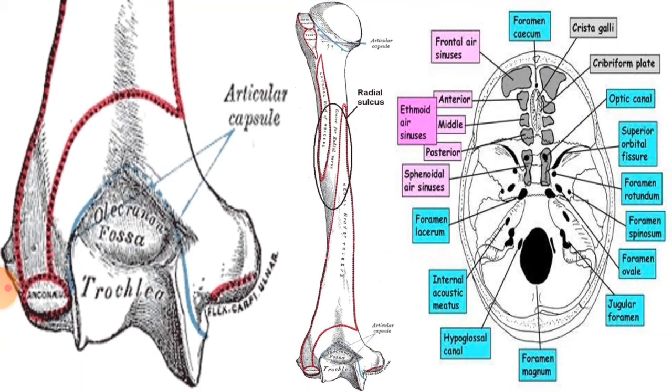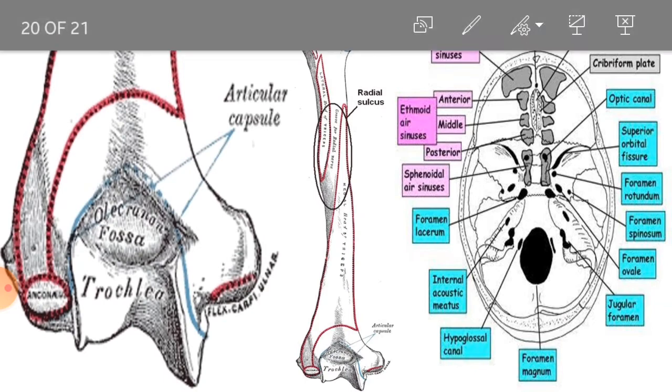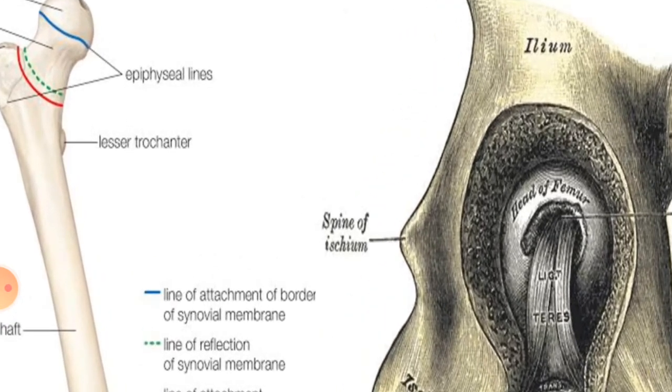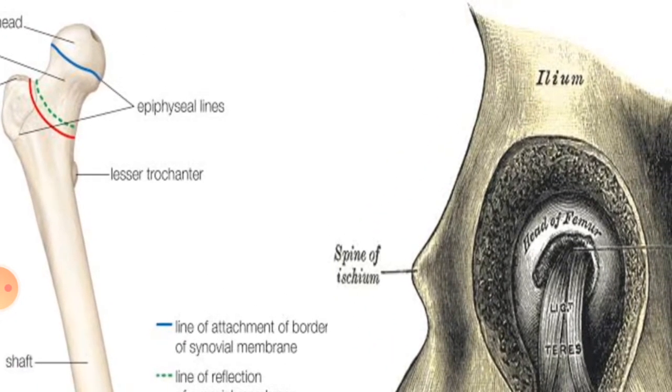Okay, next come the depressions. Pit or fovea, this is the first classification, and pit or fovea is basically a small and shallow depression. For example, in the head of femur. I have placed images of the head of the humerus from different views here, so that it gets easier for you to remember. In this image you can see a pit or a small shallow depression in the ball of the femur,